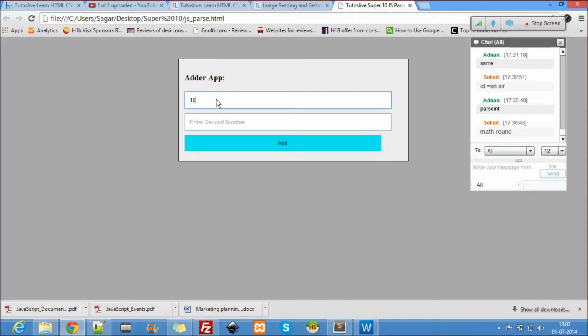So let's do 10.5 plus 11.5. 22. 10.5 plus 11, 21.5. 10 plus 11, 21. Clear? What should be used? parseFloat should be used every time if you want to convert strings to integers or numbers.